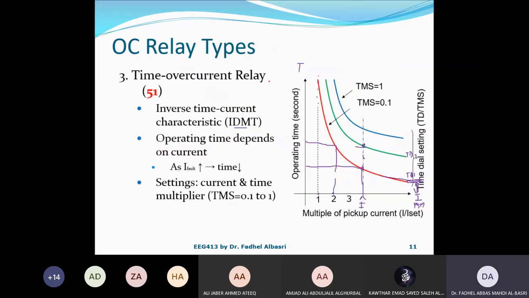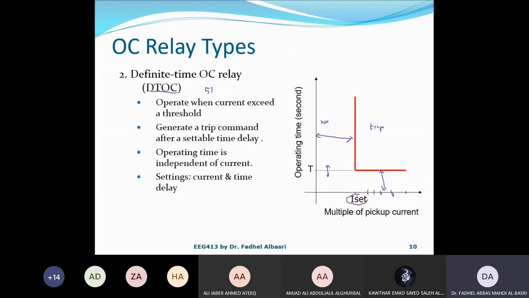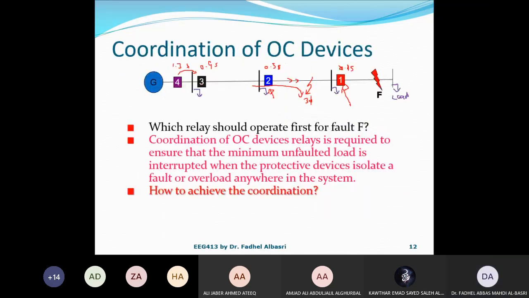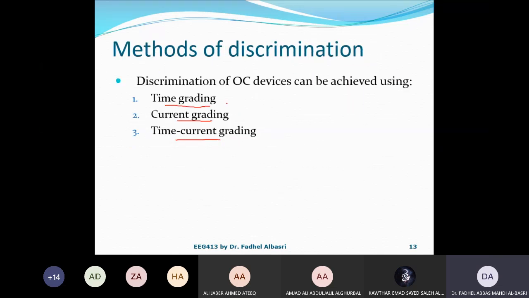With this, I can use definite time settings. Any current higher than the setting, you detect a fault, then you just wait. I'll set one of them at 0.1 second, another at 0.2 second, the third at 0.5 seconds, another at 0.9. So I will use here the 51 or definite time overcurrent protection relay or function